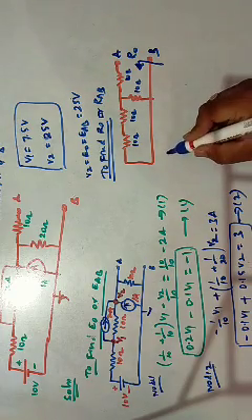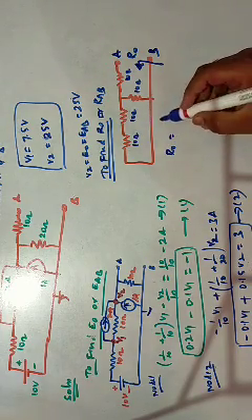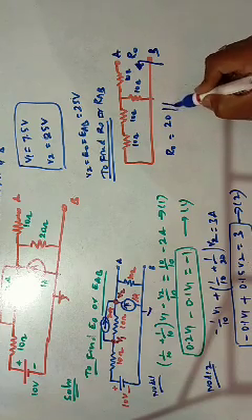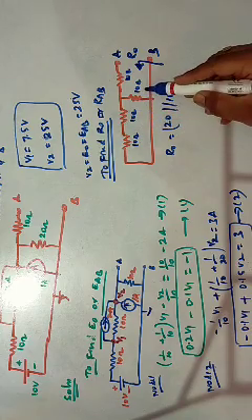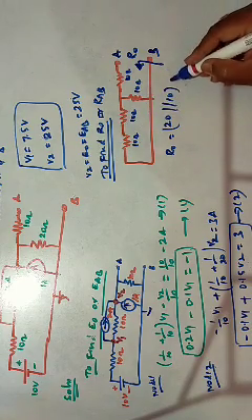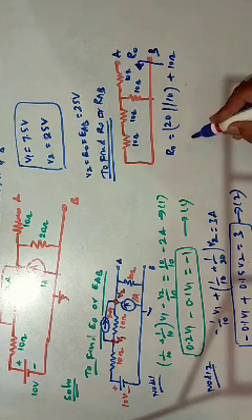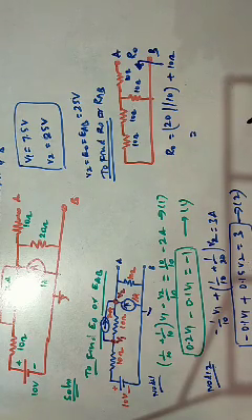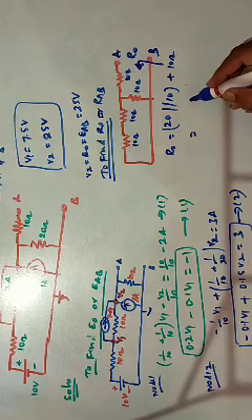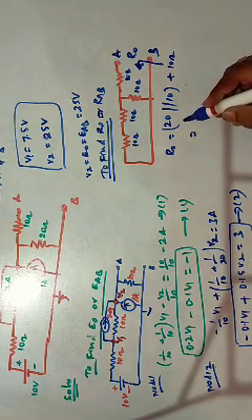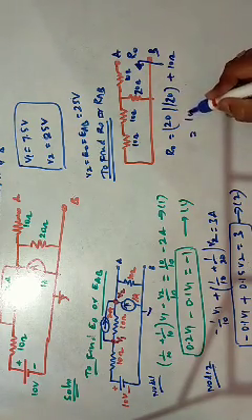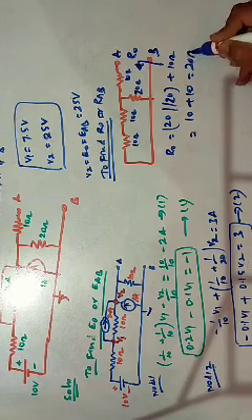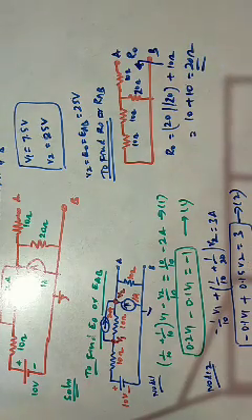Okay, into the network. So R0 is equal to, first 10 and 10 is series, so it becomes 20, and this is parallel with this 10 ohm, and the obtained result is in series with the 10 ohm. So the answer of this R0 is 20 ohm. So this is 10 plus 10 is equal to 20 ohm. R0 is equal to 10 plus 10, 20 ohm.